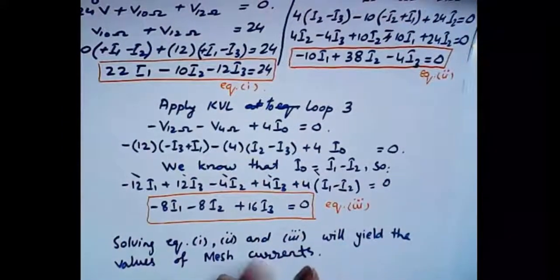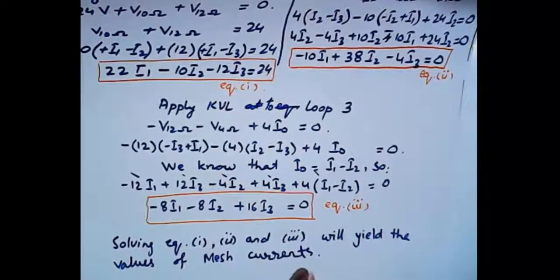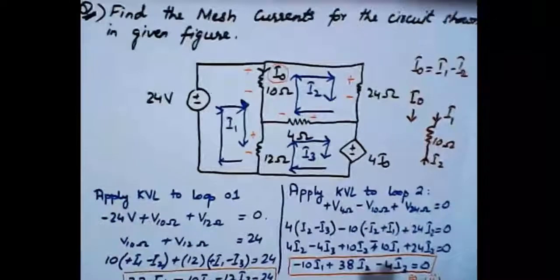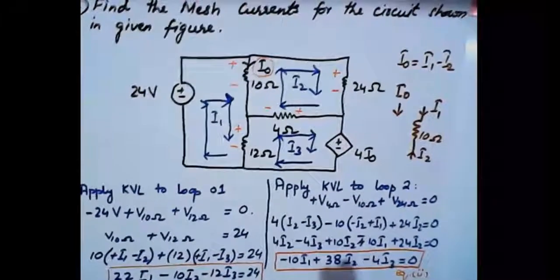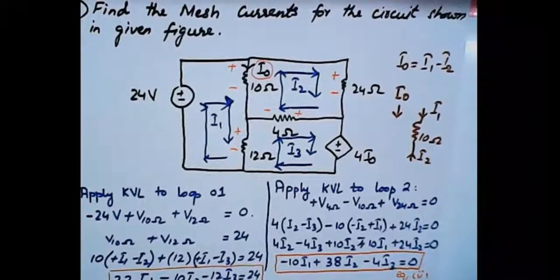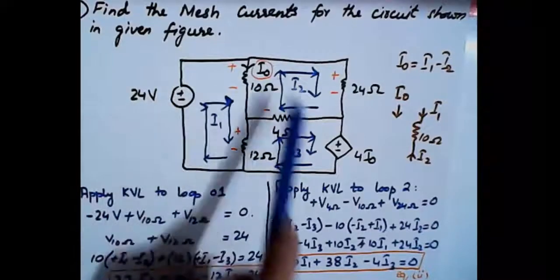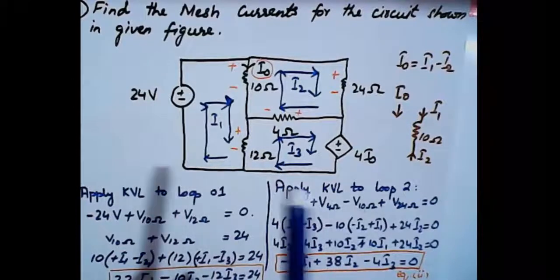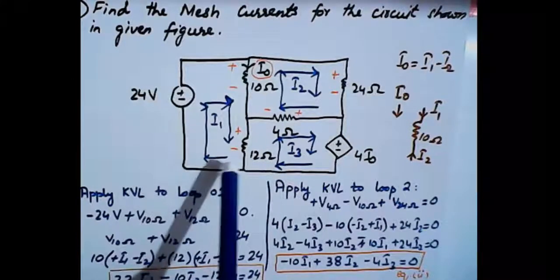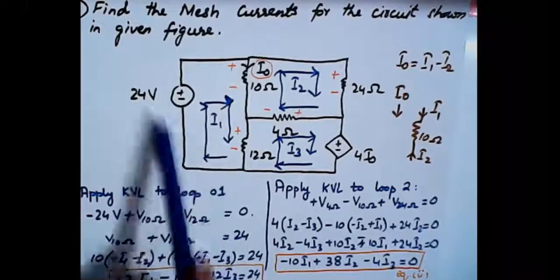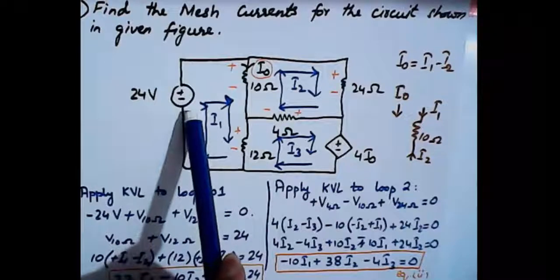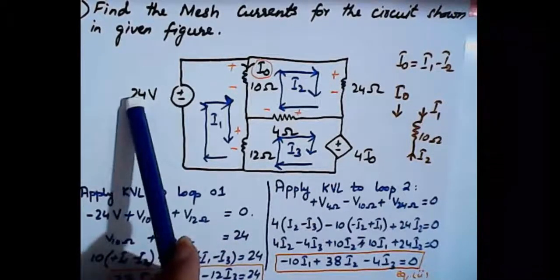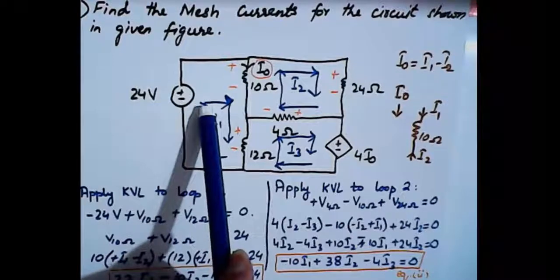I have just written here that we have formed the equations. So let me just repeat briefly what we have done in this question. We had 3 loops, loop 1, loop 2, loop 3. We can also mark it as loop 2 or loop 3. Numbering can change, the direction can change, no issue in that, right? So first of all, we applied KVL to loop number 1, and starting from this point, the first voltage that we encountered was minus 24, magnitude was 24. Why minus? Because the current was entering in the negative terminal.